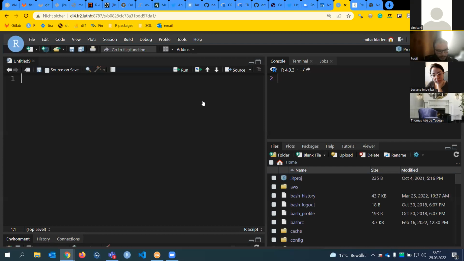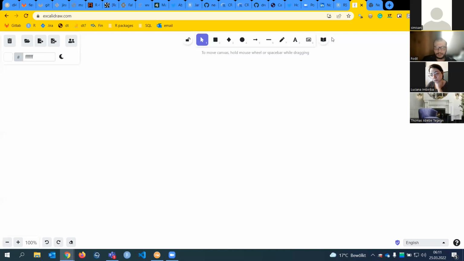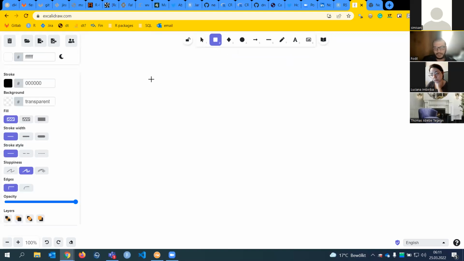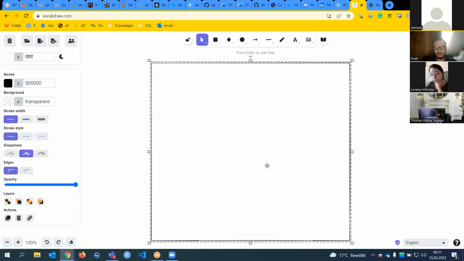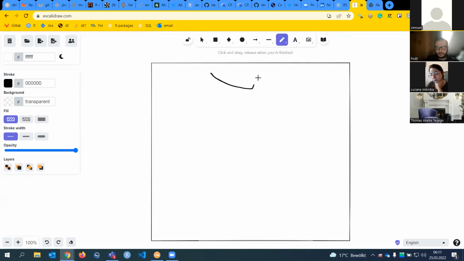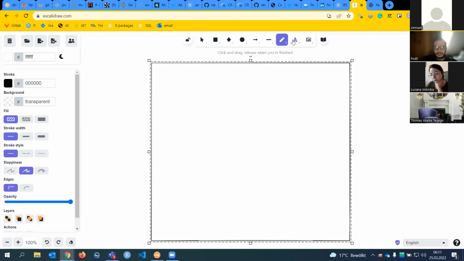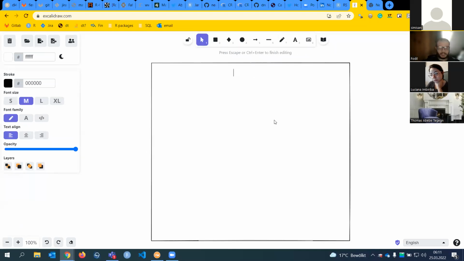And so I will just draw something. A Shiny app is just an R script in its essence, right? So I have, for example, my R script. Generally, we call it app.R.